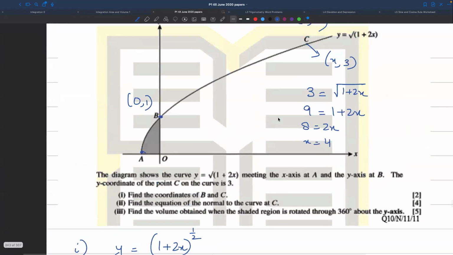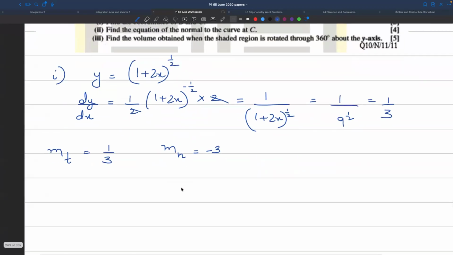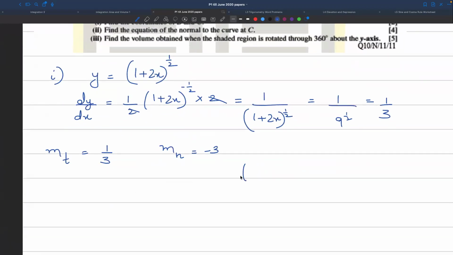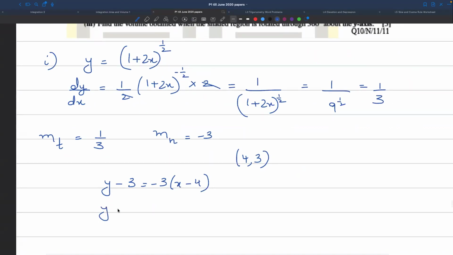X की वैल्यू क्या है मेरे पास? 4, right? So 1 upon 4 to the 8 plus 1, 9. 1 upon 3 is the gradient of tangent. ठीक है? So can I say gradient of normal will be -3? If I have the gradient of normal to find the equation, I already have the point at C, which is 4 comma 3. So equation will be y minus 3 is equals to minus 3 into x minus 4. इक्वेशन बन गई, ठीक है।